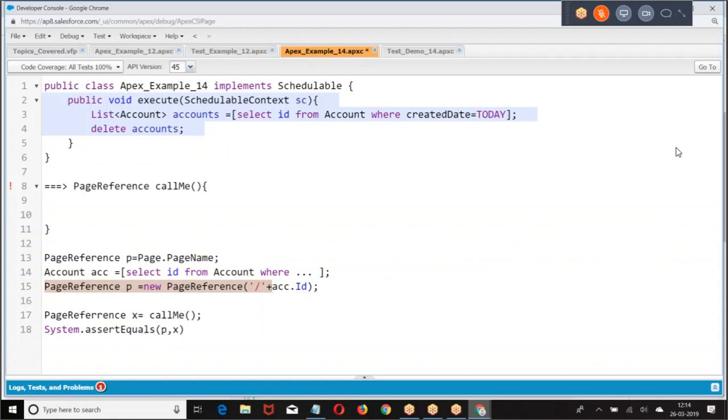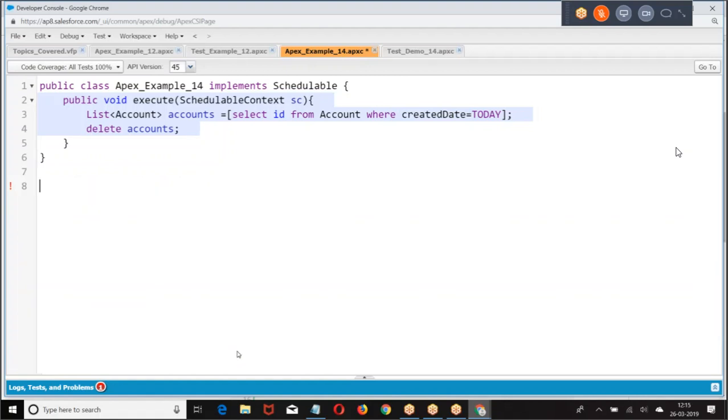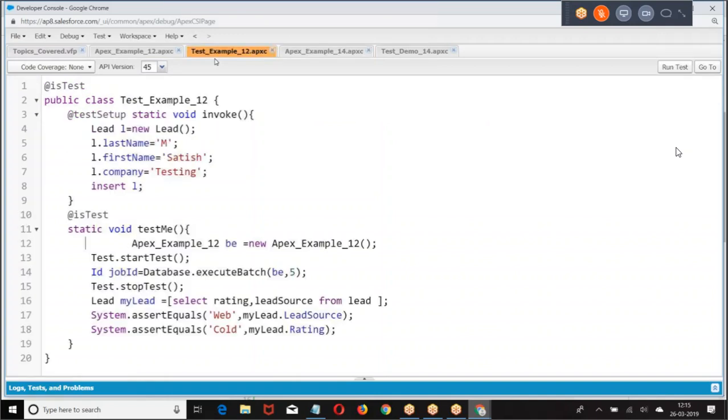Okay. Some key points I'll be sharing, which will be helpful for you for further reference. We are winding up for the day. Somebody has also asked me for an example of custom setting testing. We'll see it in the next class. I'll give some sample codes: how to test an email, how to test a page reference, how to test a custom setting, how to test a custom metadata type. I'll create some document. I'll post it in the community, your developer account. You can refer to them for your future purpose.